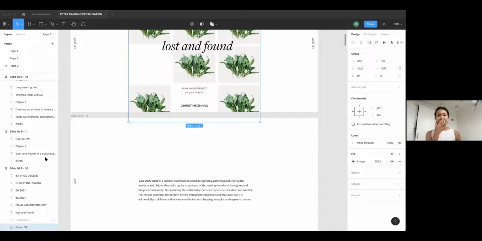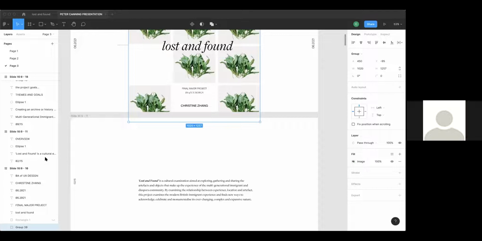First off, I'm going to talk about my inquiry, and this is where I began my project. It was a three-step process, and it allowed me to gain a more nuanced understanding of the subject before I started designing or diving right in. The first step was to define the multi-generational immigrant experience. And I did this through a series